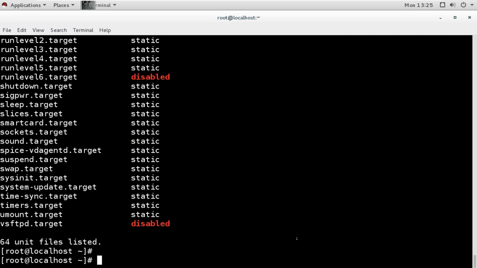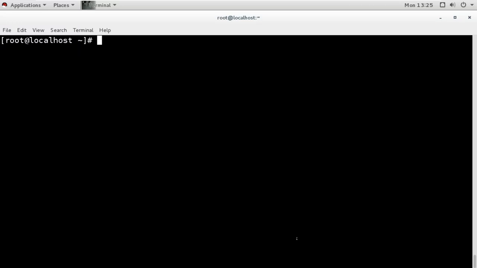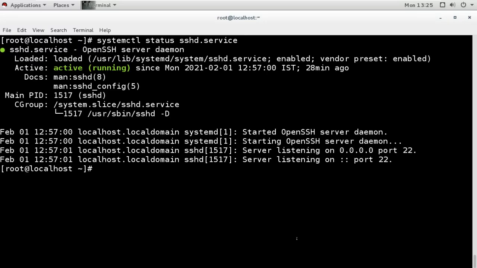Then this is the same command we have, which we can use to manage the services by using systemctl. Using status for any service, we can check. When we are checking the service, we are checking the unit status for that unit, and it is saying that it is active, running.